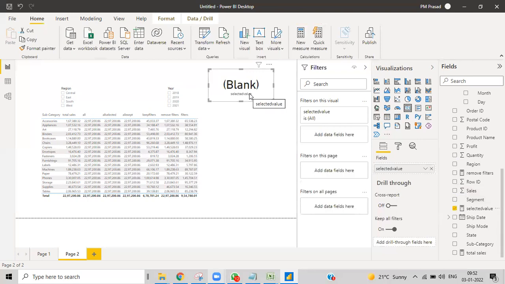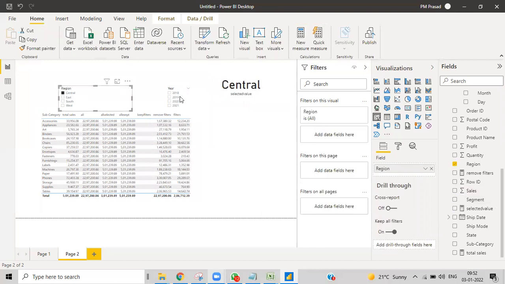You'll see a blank value if I go for selected value. And then if I click anything, you'll get the value which has been selected over here. When you want to see what value has been selected, you can see it here.